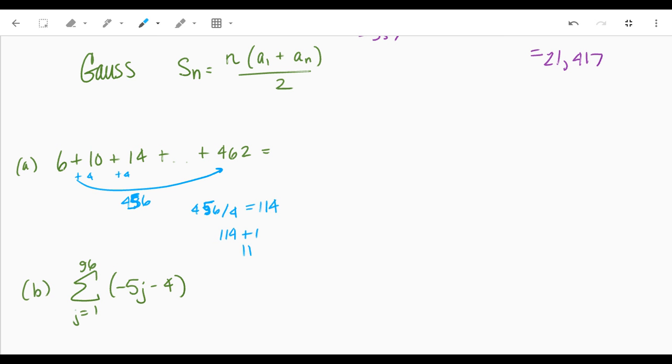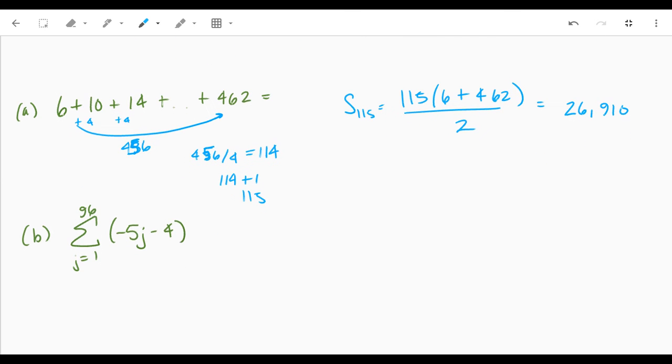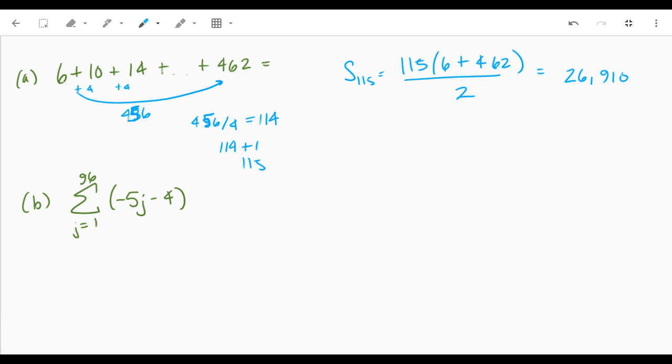And then we'll add 1 to that to get 115. So we'll have 115 times 6 plus 462 over 2, which is 26,910. And then for part B here, the first term would be negative 5 times 1 minus 4,